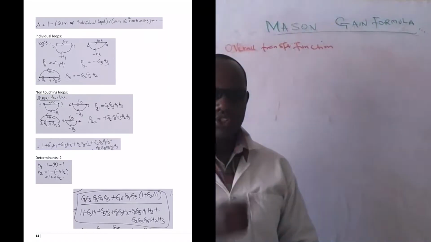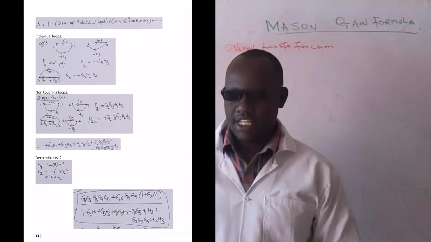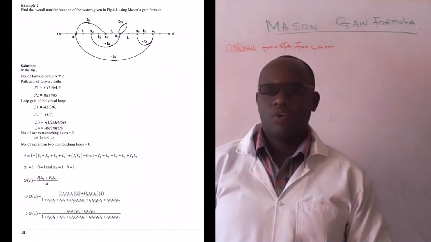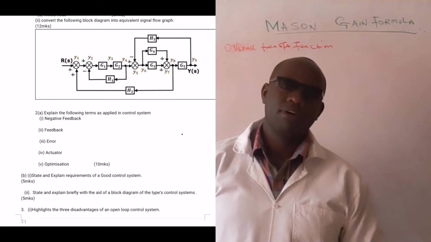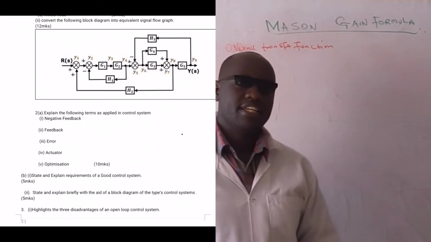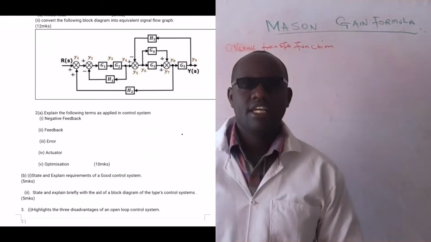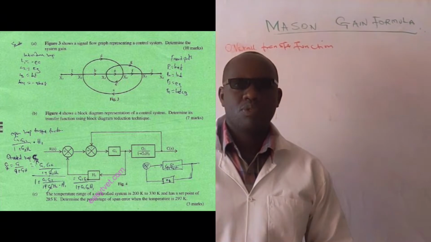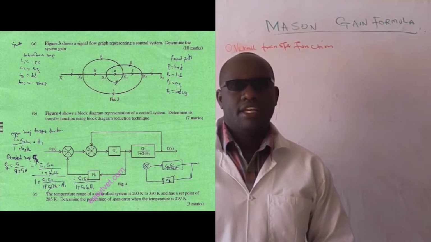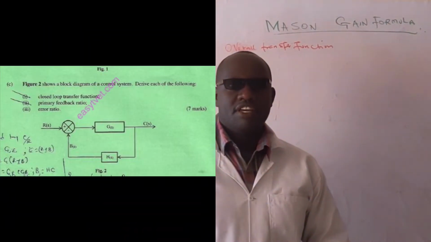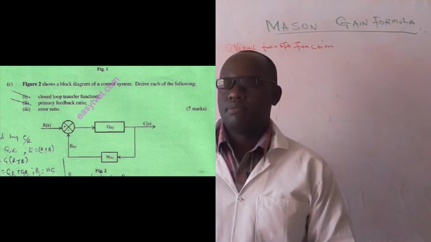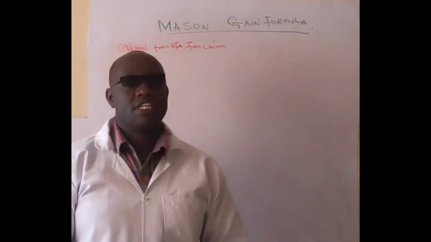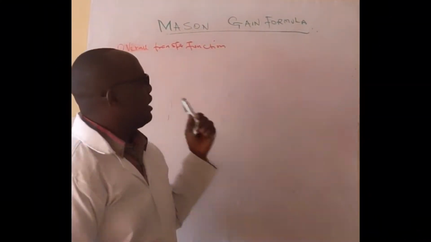This lesson we are going to talk about the Mason gain formula. Here I'm going to state the formula, explain the formula, what it's all about, and lastly, that will be stage number 3, is to apply the formula to solve some problems, to come up with the transfer functions of a given signal flow graph. So as we discussed the other time, we said the Mason gain is a formula